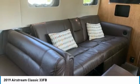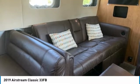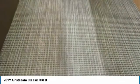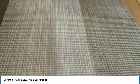65 HD projection TV. In the Classic 33 FQB floor plan you get a dedicated living and lounging area with a projection entertainment system. The 60 screen lowers from the upper cabinet with the touch of a button on a remote, and is perfectly located across from the reclining sofa. Turn on cinema mode to dim the lights, lower the shades, activate the Bose sound bar, and have the ultimate